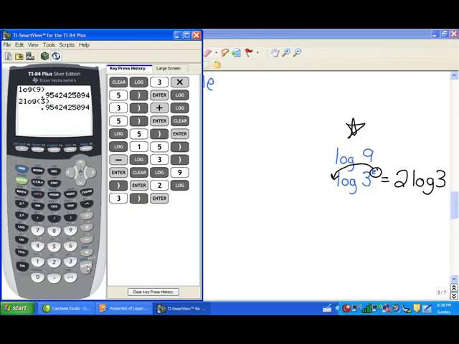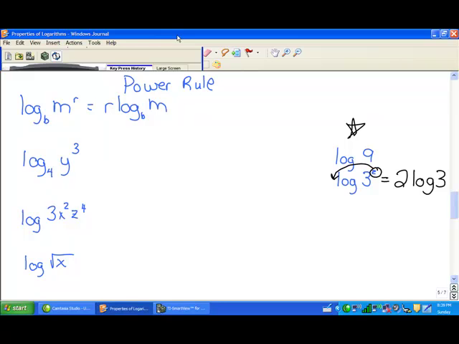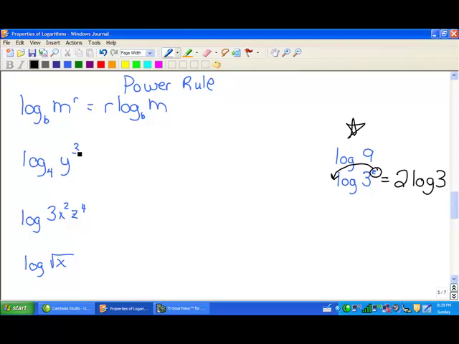To the nearest thousandths place, both values are going to be 0.954. So let's play with this property. Anytime we have the log of a number to a power, we can pull the power down in front of the logarithm. So log base 4 of y cubed is going to be the same thing as 3 times log base 4